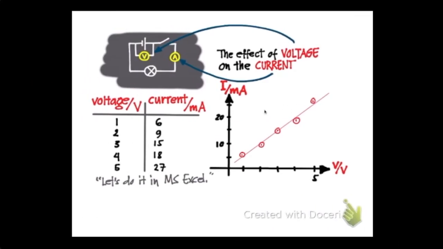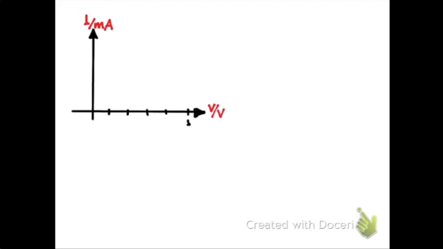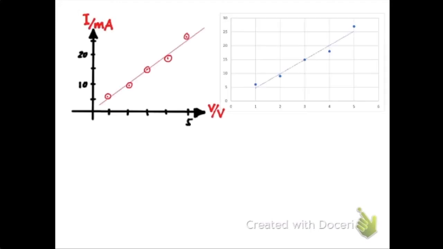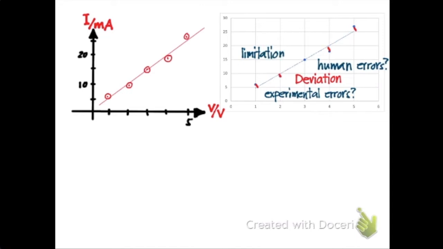Okay, here's the graph we had before and the graph I saved from MS Excel. Let's try to compare these two graphs. Points have some distance away from the best fit line, see. We have deviations, which is something worth analyzing as this can give us ideas about experimental errors, human errors, and indicates that our devices in the lab have some limitations and some factors that we may have no control of, some extraneous